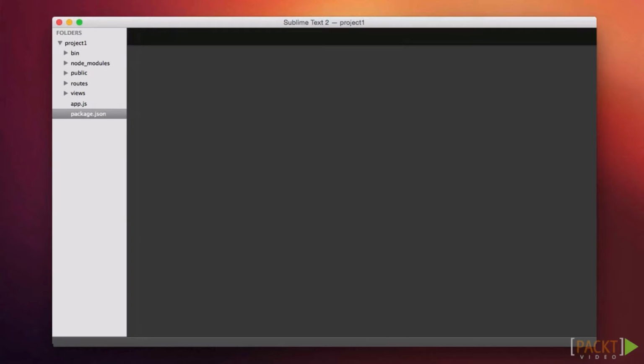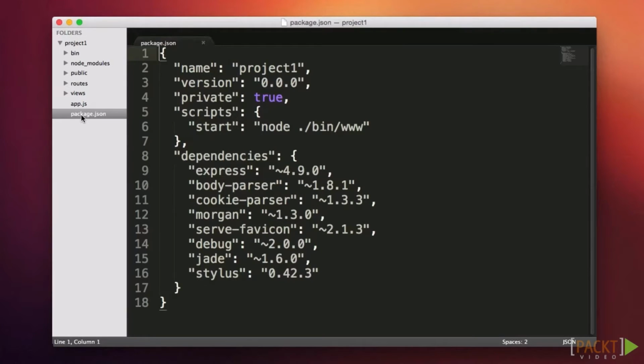When a Node.js project has dependencies, for example, this project depends on Express.js, you list these in the package.json. You can do several things with the package.json file, but for now I want to focus on dependencies. This is a list of all the modules a simple Express.js app uses. First and foremost is the Express module. When we run the npm command from our project, npm looks at this file and downloads and installs all of